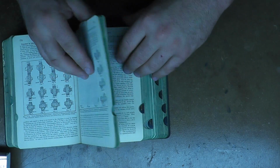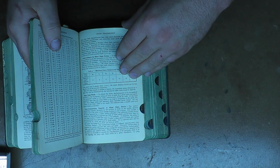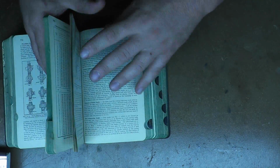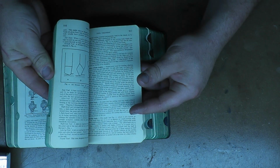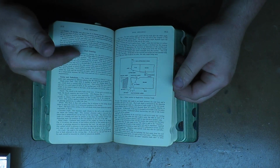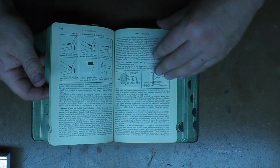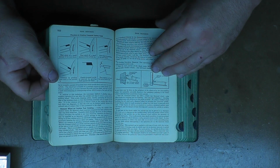Belts and pulleys you might run into. Rope transmission, chain transmissions, you're not going to run into. Speeds and feeds, that's a decent section for speeds and feeds. Here's your tool grinding section. It's not going to tell you how to cut a tool, but it's going to label what the different facets of the tool are called and what they should be for cutting different kinds of materials, and how to...